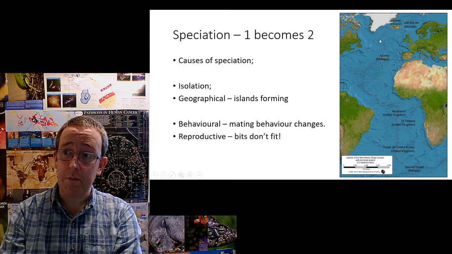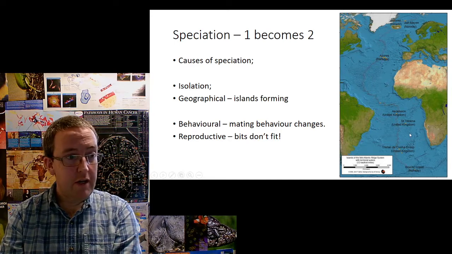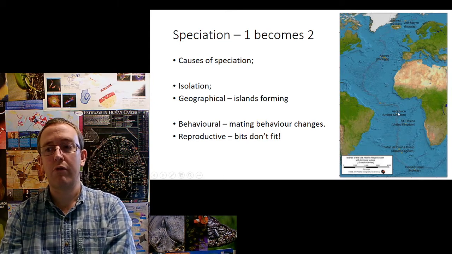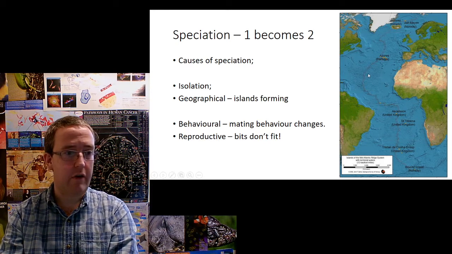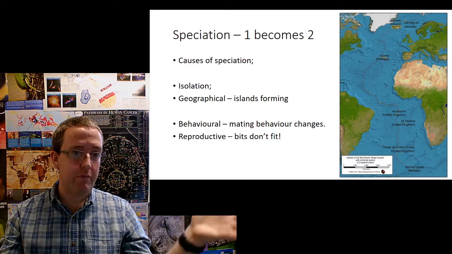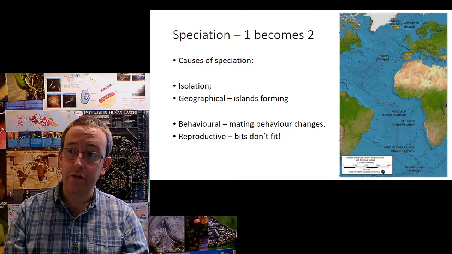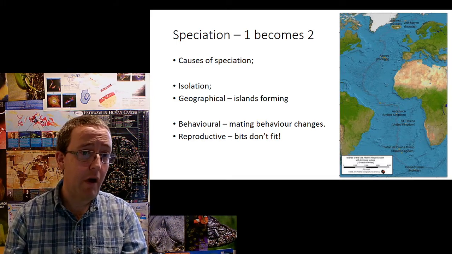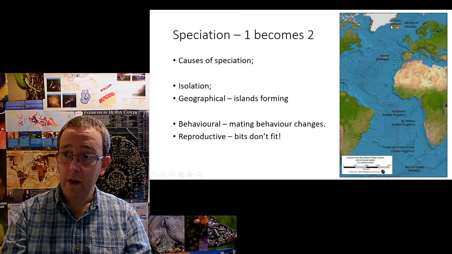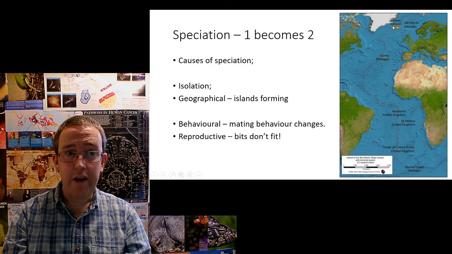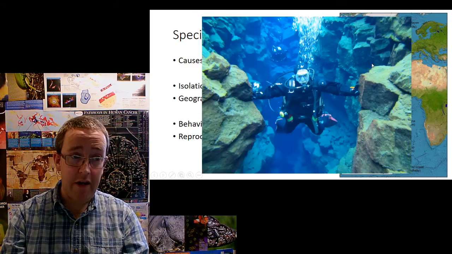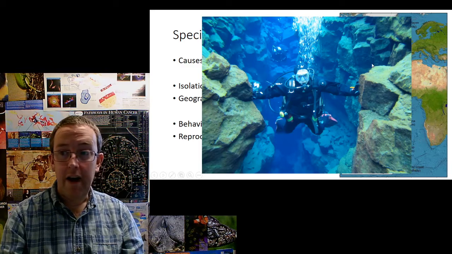So this is obviously a bit of geography more than biology, which is about tectonic plates and tectonic drift, but you will probably know from your geography there's a big gap in the Earth's crust there, and the plates are being pushed apart, so the continents of Europe and America are moving apart at about the rate that your fingernails grow. And if you go to certain parts of the world, like Iceland up here, you can actually see this crack in the Earth's crust, and if you're into your diving, you can actually go diving in between the two